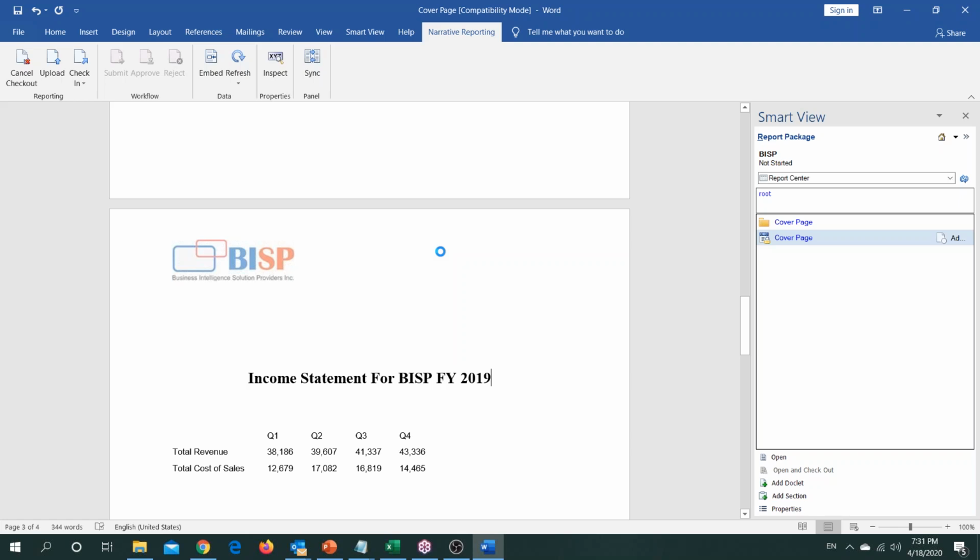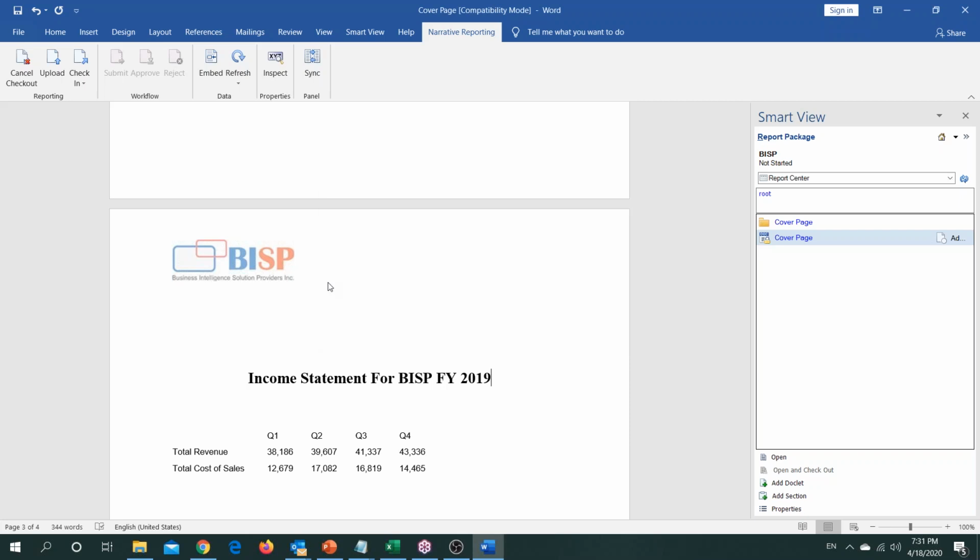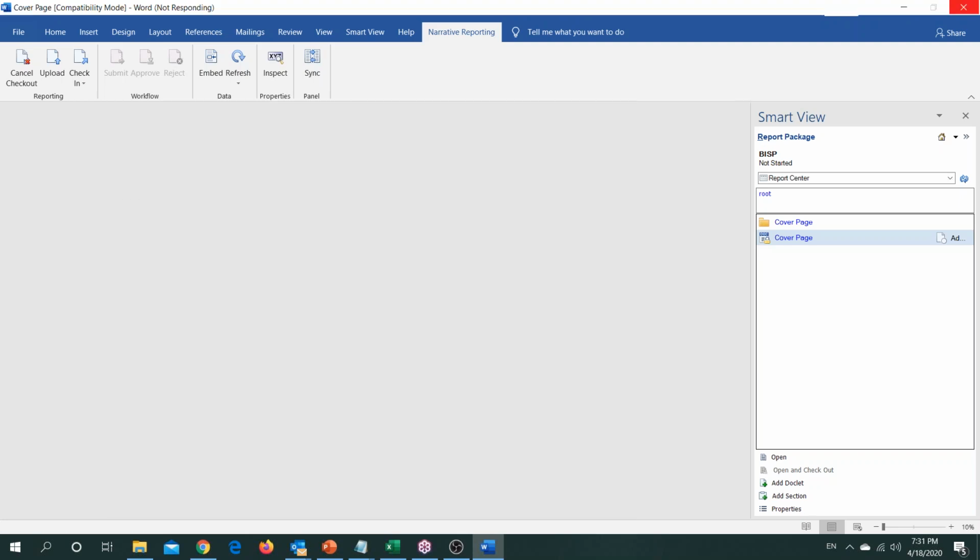Once upload and check-in is done, it will ask whether you want to keep the same style format. Okay, it will refresh and everything will be done. And we will have the preview. We will look for the preview in our application also. So it's working.